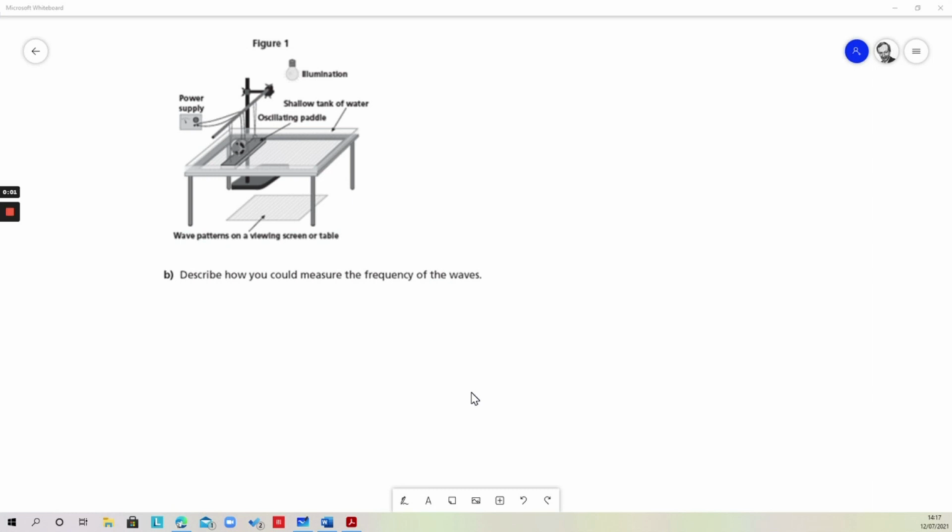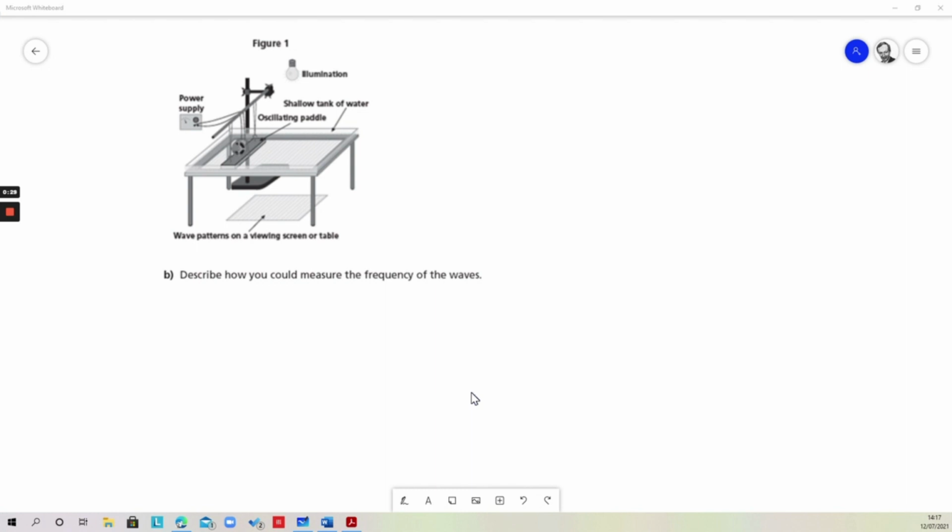In this question, we're being asked to describe how it would be possible to measure the frequency of waves, and the waves, of course, that are being talked about are the waves that are travelling across the ripple tank shown in the diagram here. There are 3 marks available for this question. When we're talking about frequency, frequency is a measure of how many waves are passing a certain point in